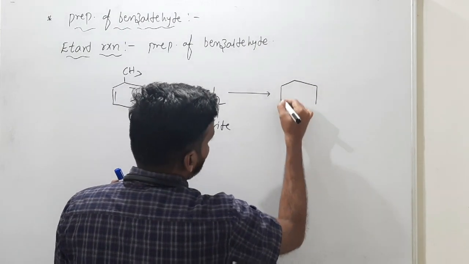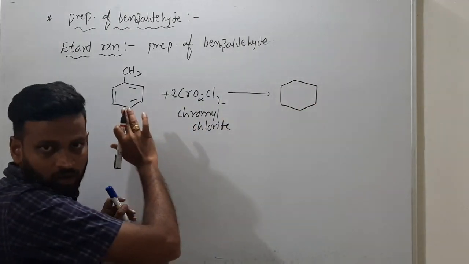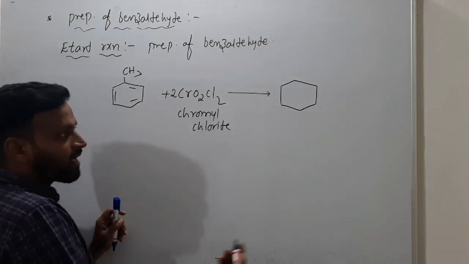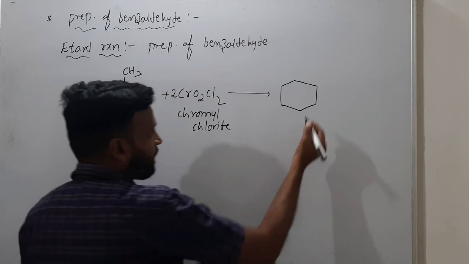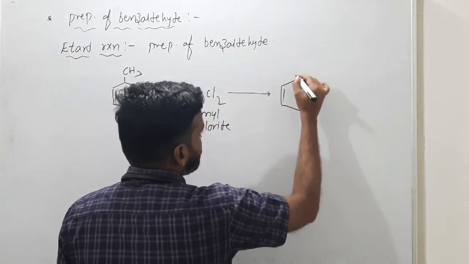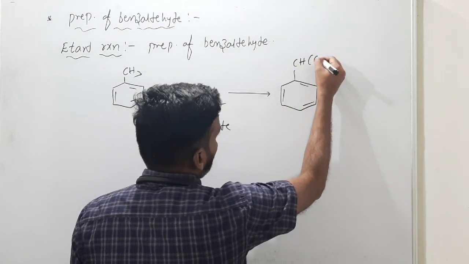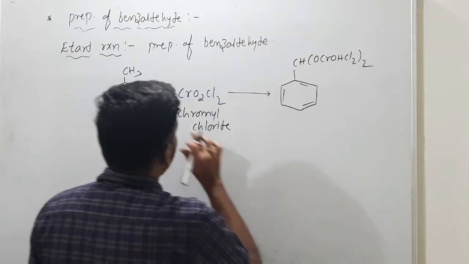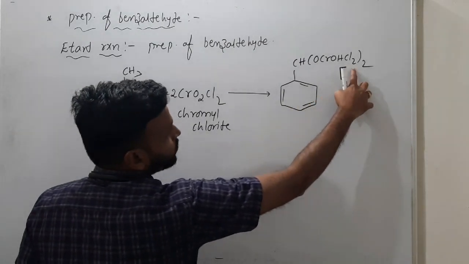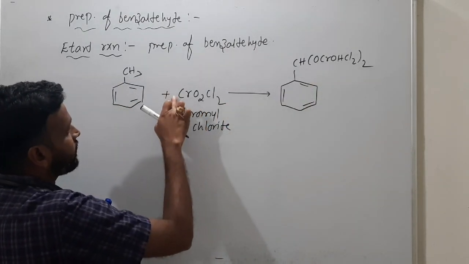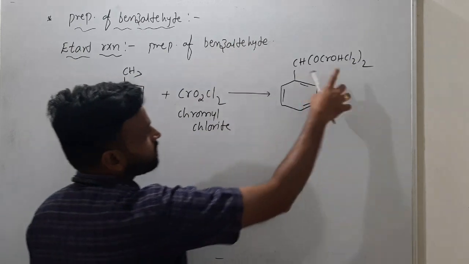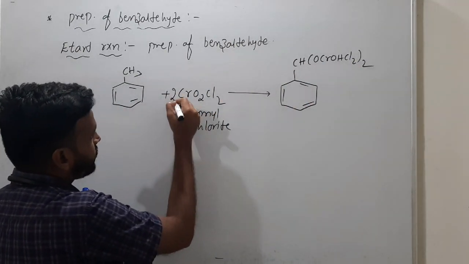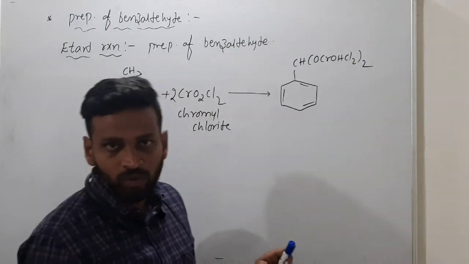In the equation they won't mention 2 moles, and it is not required, but for understanding I have written 2 moles. So here benzene and here CHO, CrOHCl2 whole twice. Why did I write 2 moles? 2 twos are 4 chlorines. If I had not written 2 here, you would ask, sir, here there are 2 chlorines but 2 twos are 4, how did you write it? Same way 2 hydrogens. That's why I wrote 2 moles.